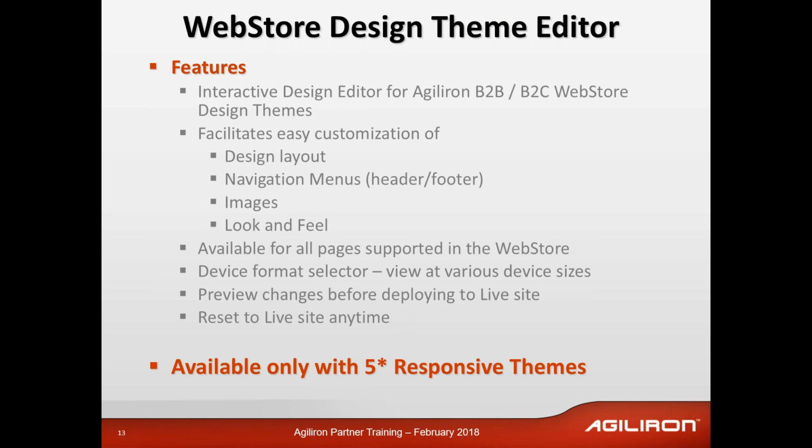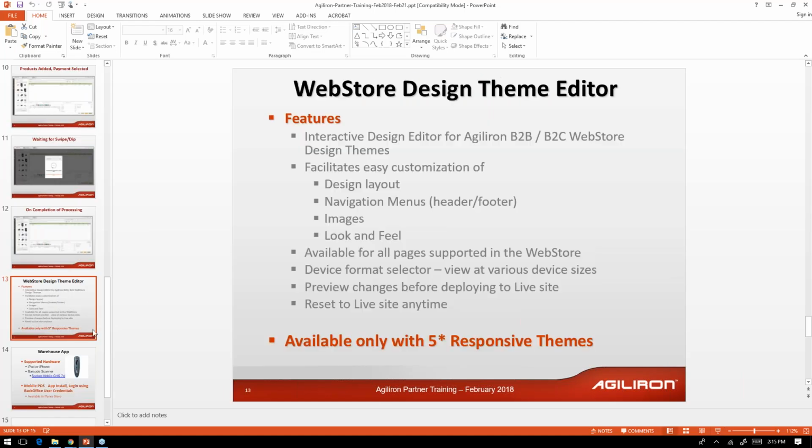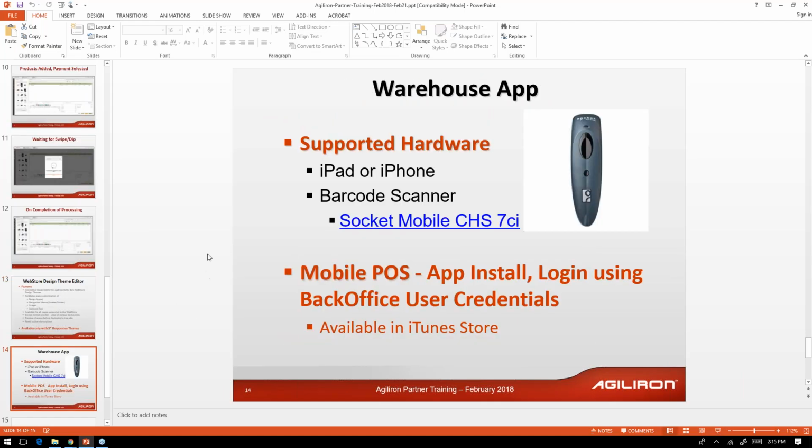And that's pretty much what I wanted to cover on the point of sale. And on the warehouse, a couple of quick bullets. One is in terms of the hardware for the warehouse app, currently supported on iPads and iPhones. If you're going to use a barcode scanner, especially for cycle counts, etc., if you wanted to use the scan